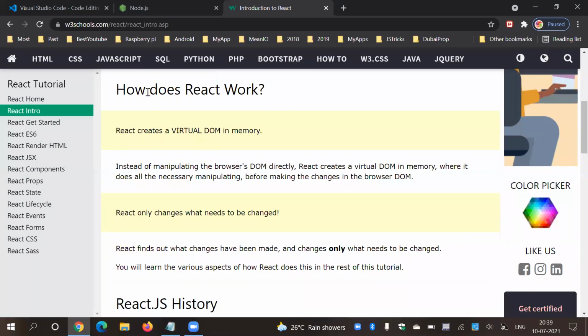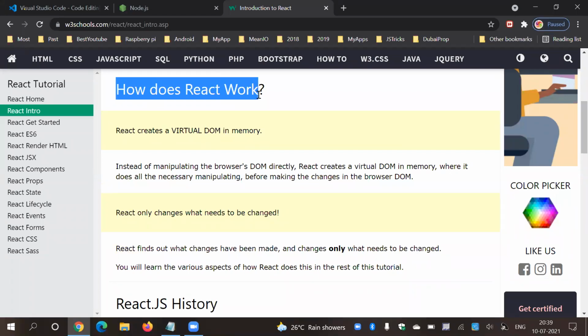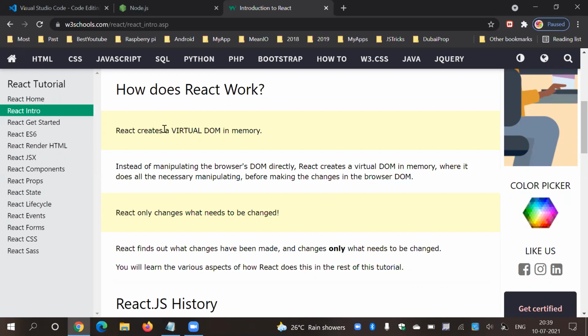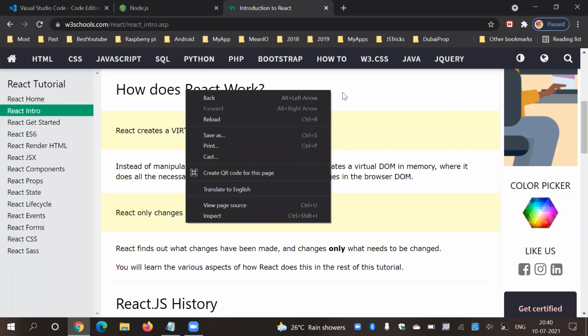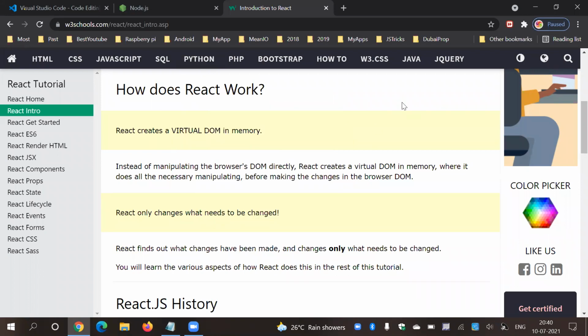Then how does React work? If you get this kind of question in your interview, just remember to focus on this word, virtual DOM. What is the difference between virtual DOM and browser DOM? Browser DOM is the actual DOM. This means this is H1 in your web page, which is visible in your browser, right?